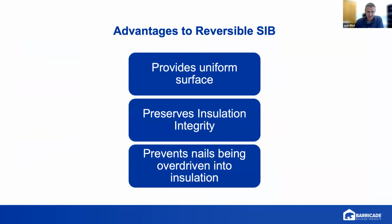So one of the unique things about an SIB product is that it is reversible. Traditionally, when you're installing foam on a home, the foam is facing outward. You can still install a SIB product like that, but you can also put it with the foam in towards the studs, which gives you a hard shell. The structural sheathing is on the outside, which makes a very nice smooth wall, great for siding installations, but it also just helps